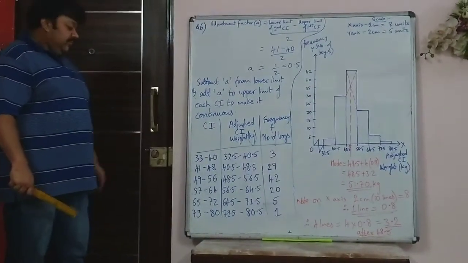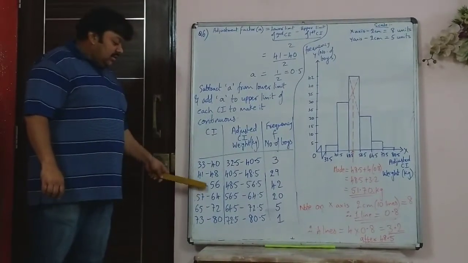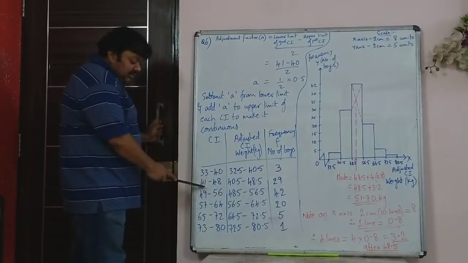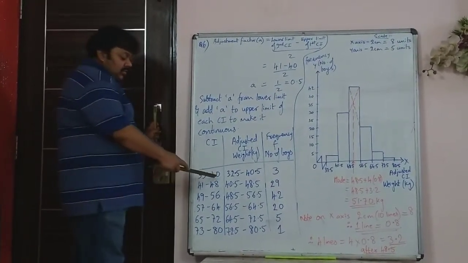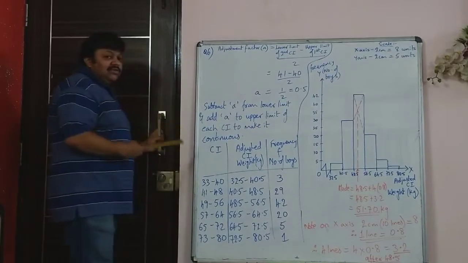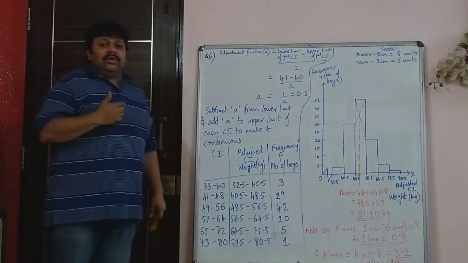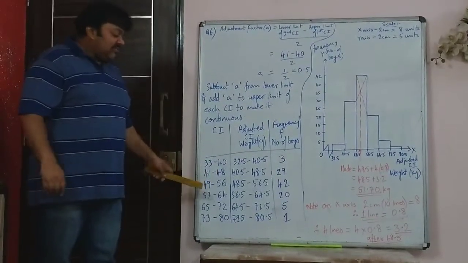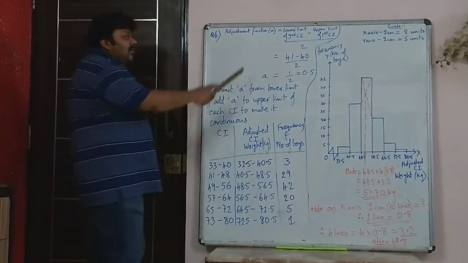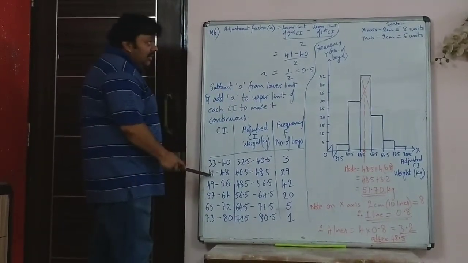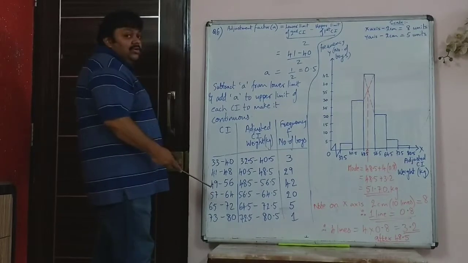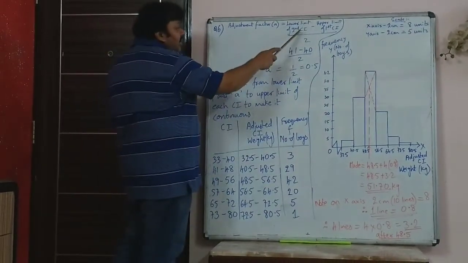In the 6th question, your class interval is not adjusted. You have 33 to 40, then it is not 40, it is 41 to 48. Because it is not a continuous class, you have to use the adjustment factor like I had shown you in an earlier sum in mean. You have to use the adjustment factor, adjust the class and make it continuous. So what is adjustment factor? Small a. It is the lower limit of the second class interval minus upper limit of first class interval upon 2.